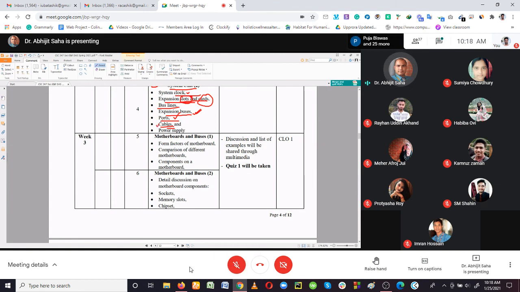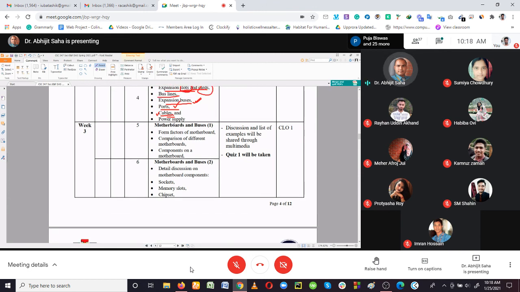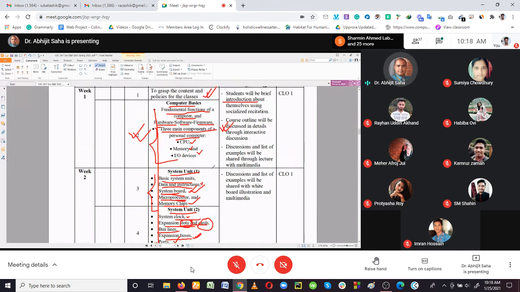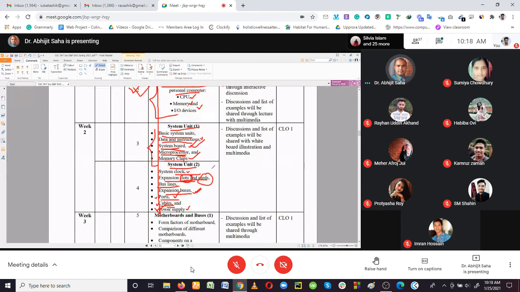So we are going to talk about the different types of cables. The serial ports and the parallel ports are going to be discussed. The power supply, what it is and what the job of the power supply is, will also be discussed. So we will discuss this over the next three classes. I said that this chapter is a bit bigger. These are the topics we are going to cover, and they will give us some feeling that yes, we know what things are inside the computer system.